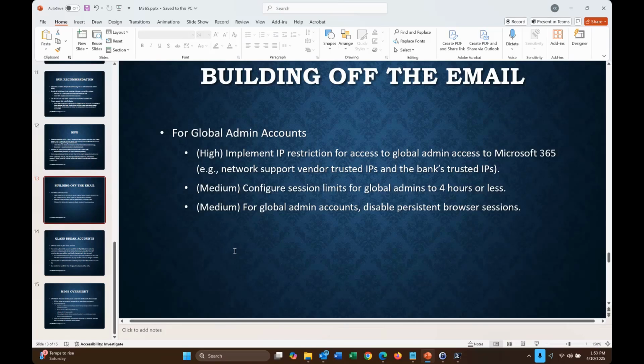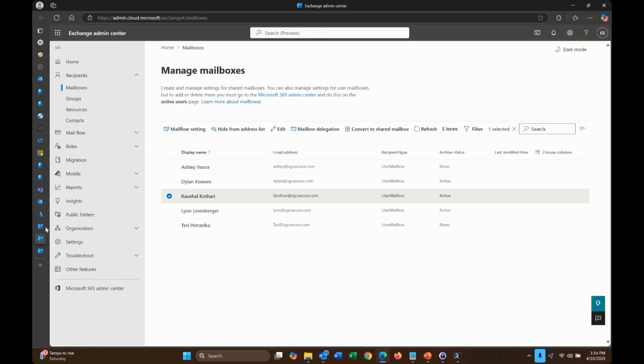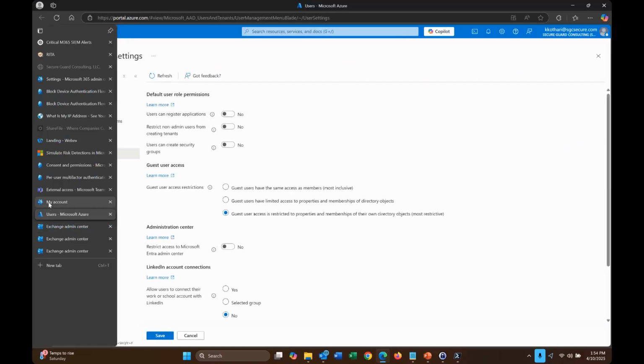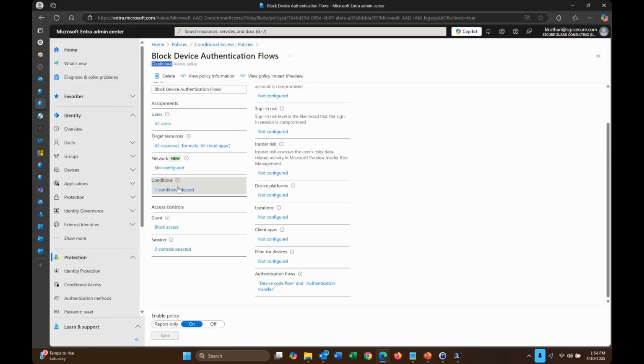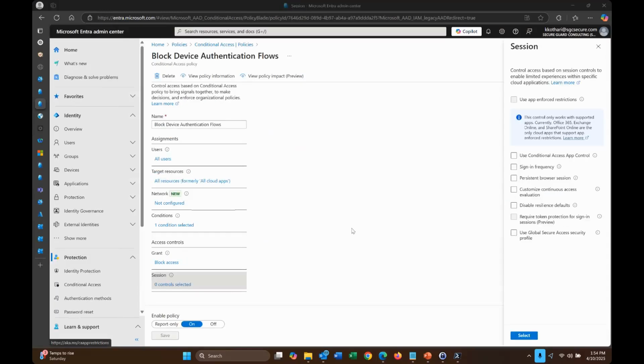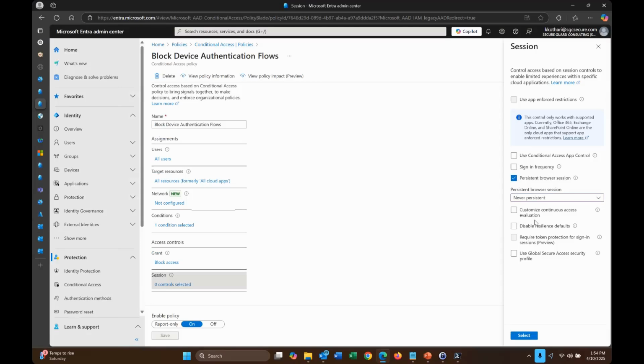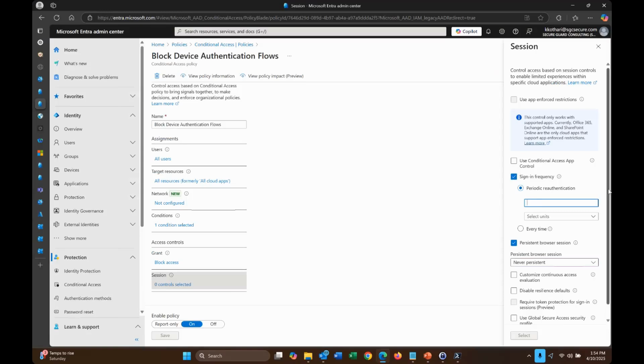Two medium risk recommendations that we'll be looking at: configure session limits for global admins to 4 hours or less, and disable persistent browser sessions. So you would do that through sessions. A lot of screens open. So I think sessions here. Yep, persistent browser session. You would change that to never persistent. Sign-in frequency, you would change that to 4 or whatever, right? Select units, hours, right? So that's if someone does get access, it's not going to be persistent access and it'll